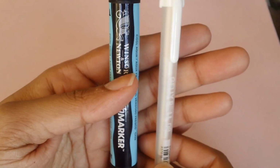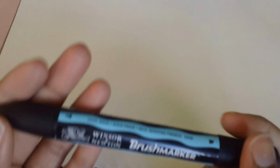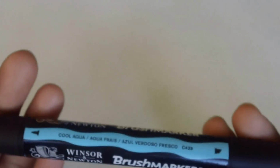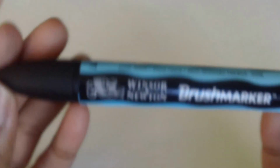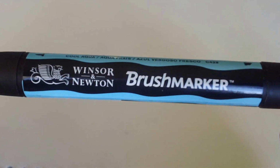Then I got some markers and pens. Actually, I got another pen. Here we go. So I've never tried Copic markers because of the price. It's so expensive. I'm sure the quality is great and all that, but it's just way out of my budget, and I decided to delve into the Winsor Newton markers because I heard they were better than the Copics, which is really saying something because everybody raves about the